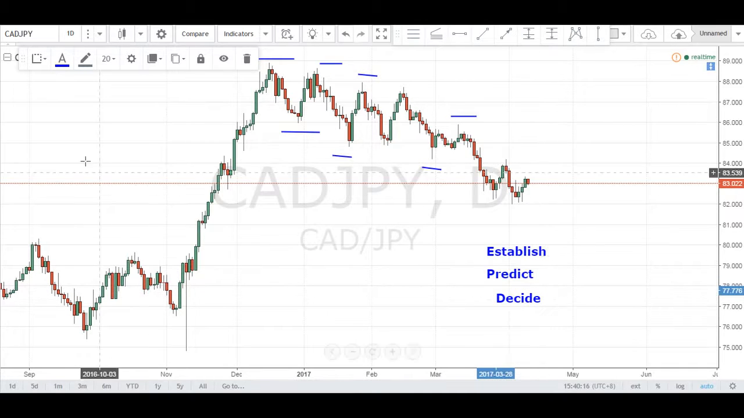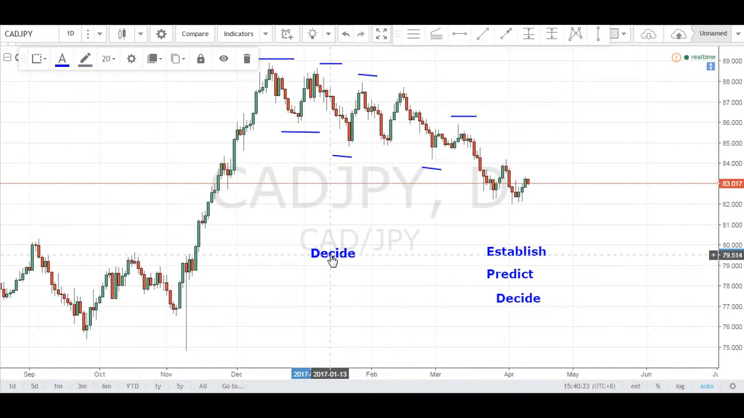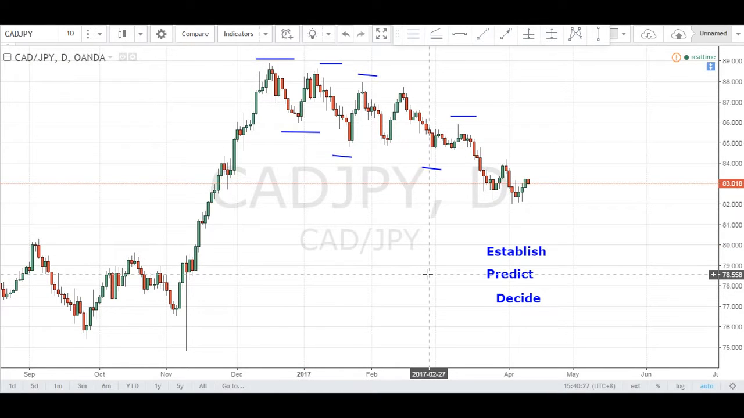This is where we have our next thought process, the SFR, also known as structure, Fibonacci, and RSI. But I won't be going through that with you today. So just for today, we'll just go through EPD. So we've already done establish, we've already done predict. Now decide. When you decide, you want to decide how you want to enter the trade,